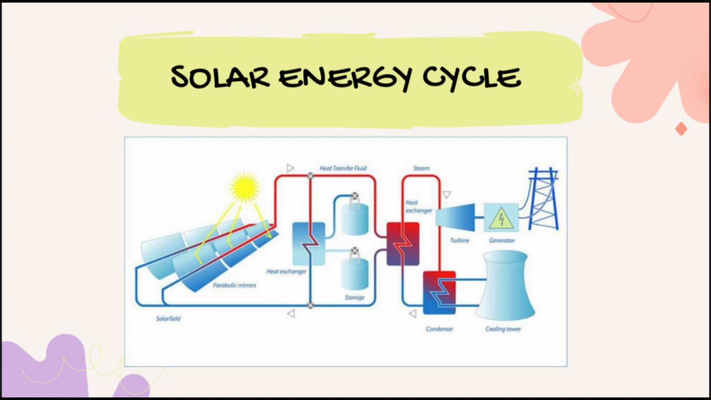This is a diagram of the solar circuit. So it works where the solar panel is placed in a place exposed to sunlight, and then the sun shines on the panel